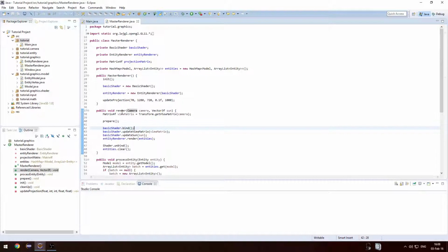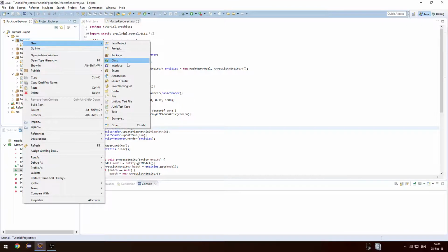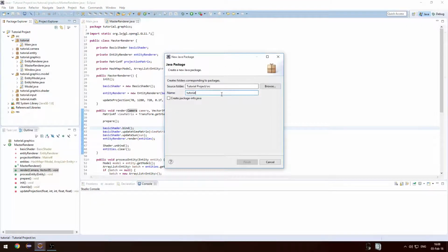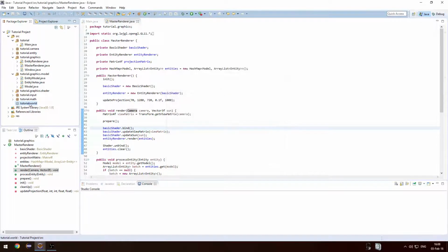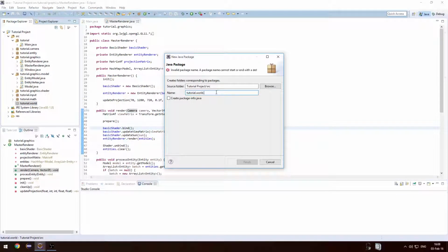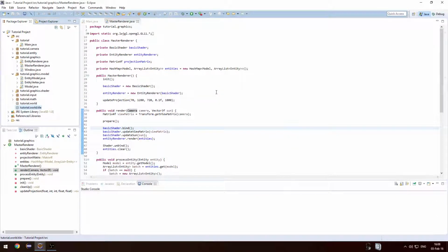Okay, so let's start with the tutorial. Our world is going to be created in sub packages. We will create a world package and a sub package in that, which we will call tile. One tile will represent a single voxel, and we'll create the tiles first, and then we'll go one step bigger, and one step bigger, and then we'll create